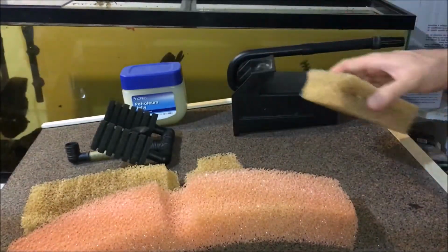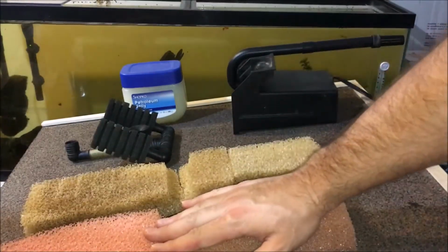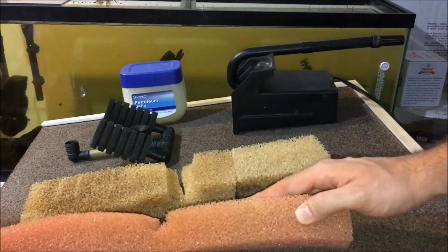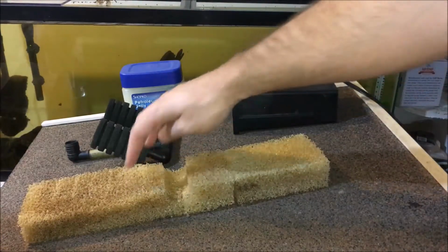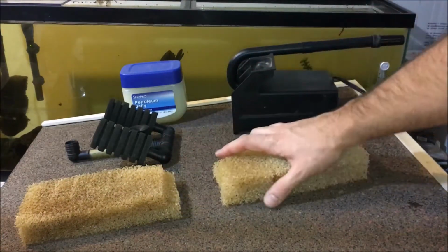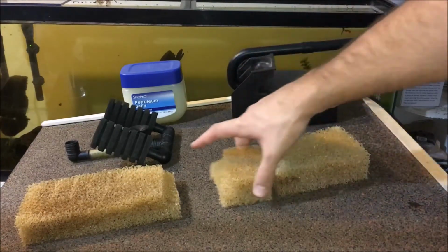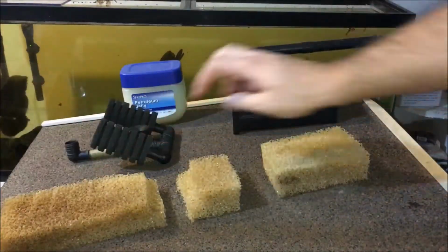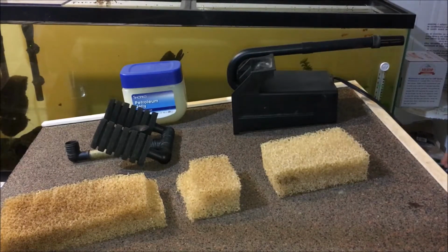So if I remember correctly, when I buy these replacement sponges, they come in 2 per package. I believe that's how it goes. So anyways, what I do is I'll make a cut right here, divide it in half, and then depending on the height of the canister, I will trim it again. So per sponge, I can do 2 hang on the backs. So then normally,